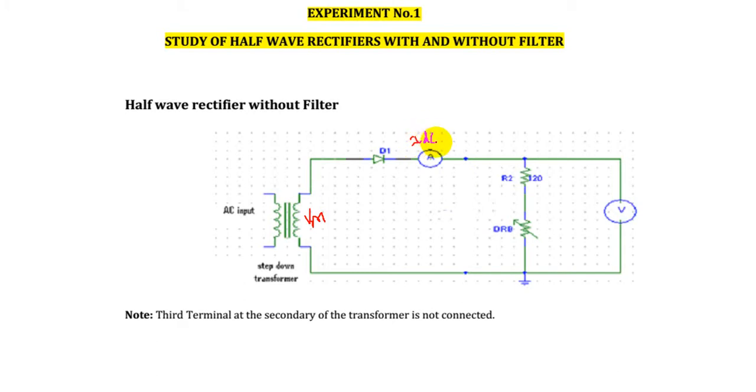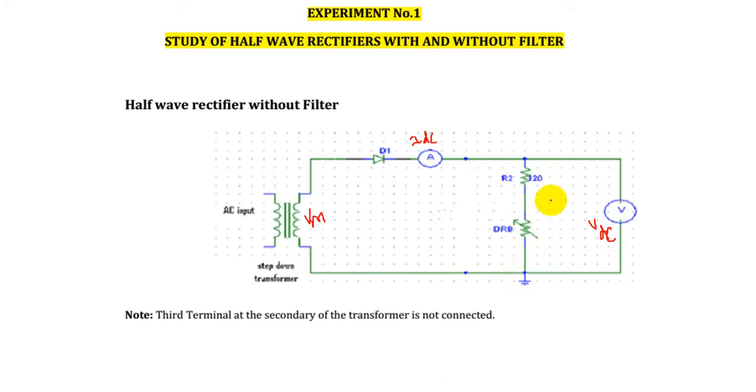Then we have to note down the VDC, the average DC voltage across the resistor branch. Then in the output waveform we have to note down the peak to peak ripple voltage. So these 4 parameters we have to note down for a load resistance of 120 ohm, and we have to tabulate these readings. After this we can vary the resistance